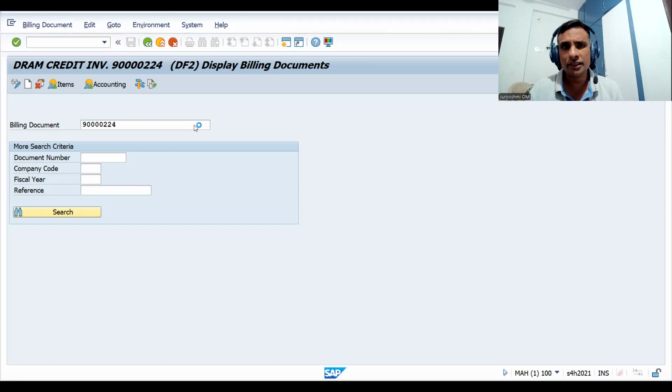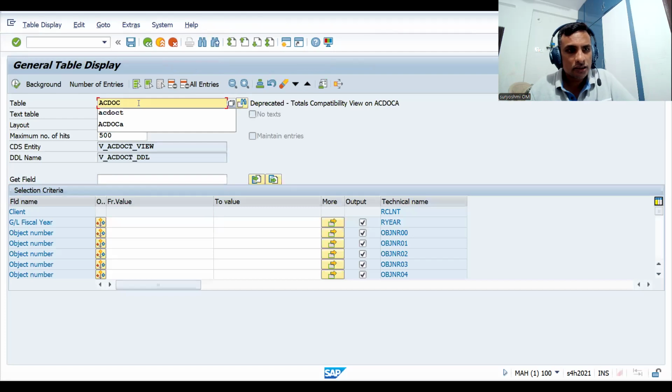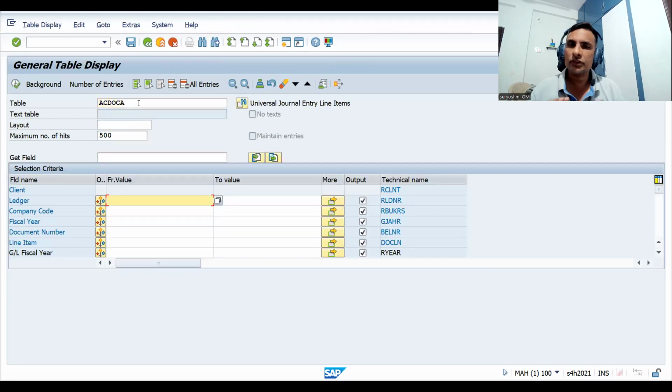Like, certain B-star tables will be there, and RSEG and MSEG and a lot of other tables. All tables put together will be designed as only one table, that is called ACDOCA. If someone asks an interview question, when it comes to accounting after the billing document is generated,